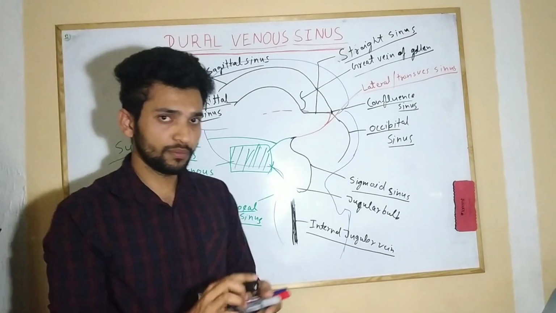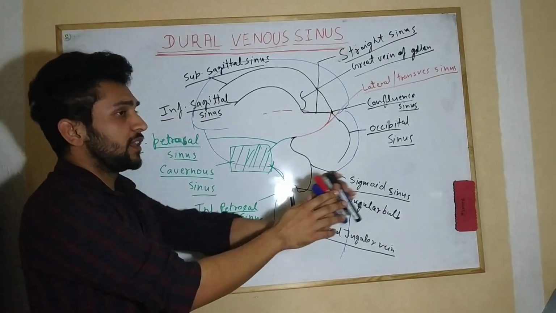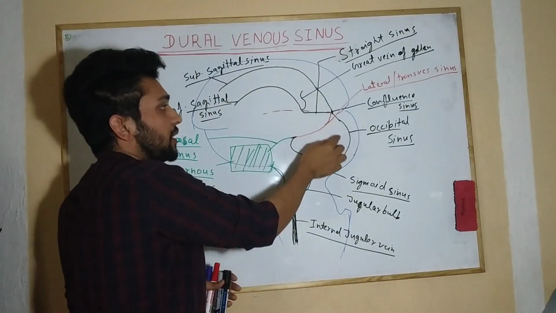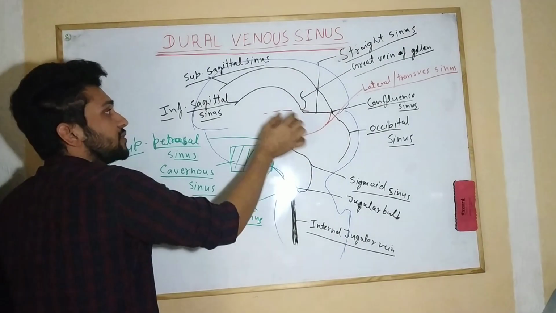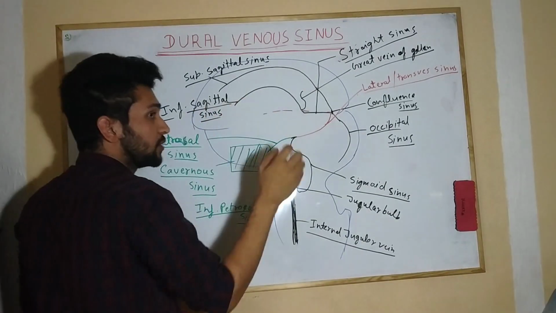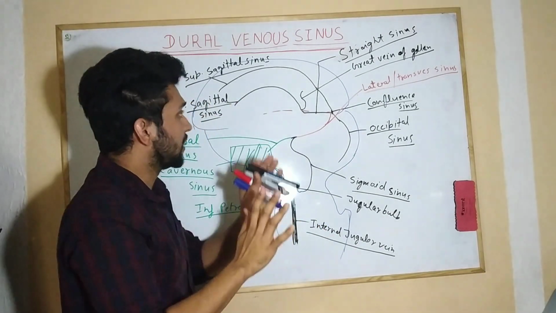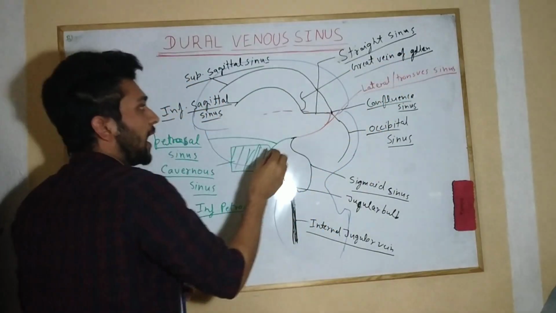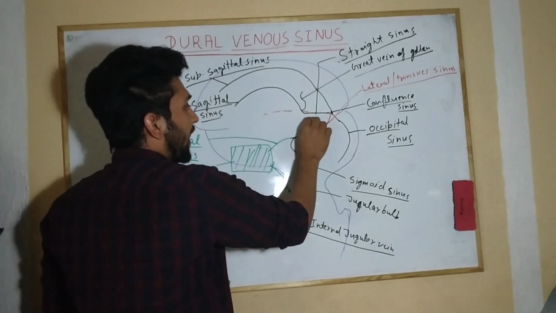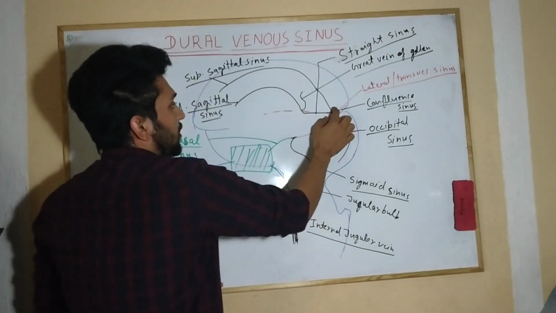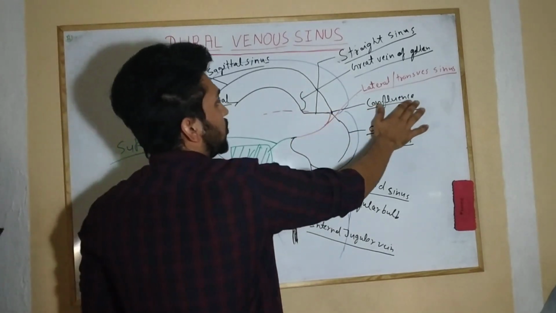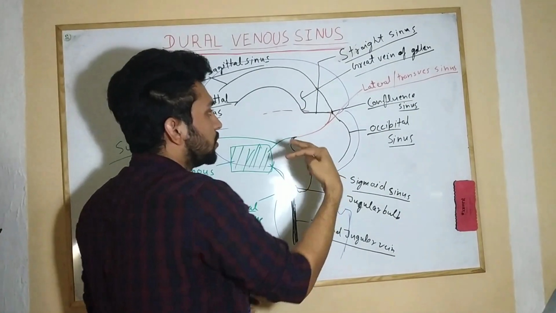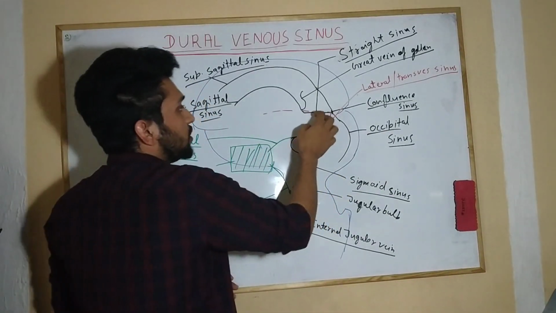We are going to revise one more time. So there was a family, father, mother and son. Father was the superior sagittal sinus, mother was the occipital sinus, and the son was the inferior sagittal sinus. The son was twisted. He got a girl. The girl's name was a very great girl, so the girl's name was Great Vein of Galen. And after the marriage, he became straight and made the straight sinus. The whole family met together. They make the confluence of sinuses.